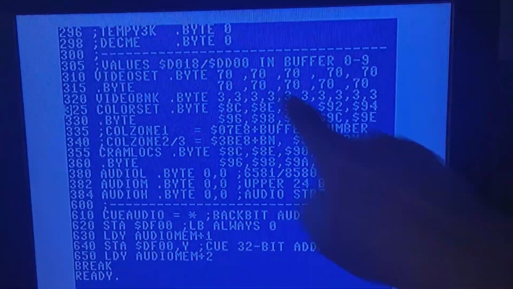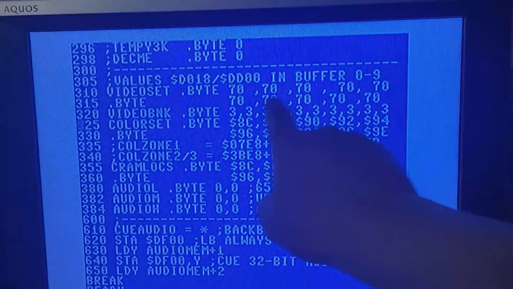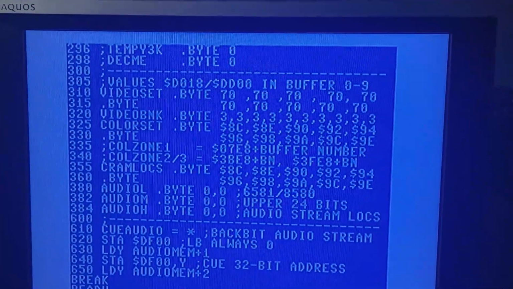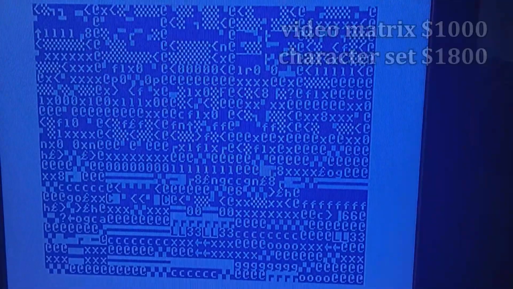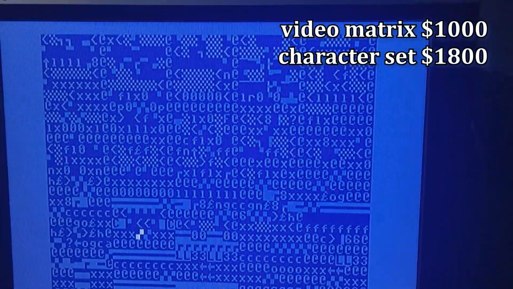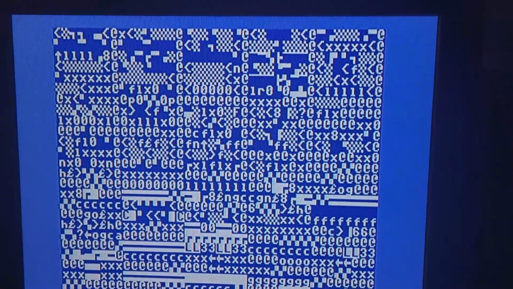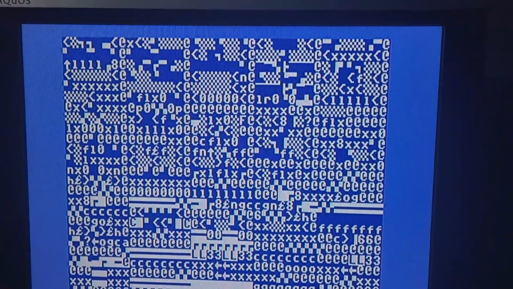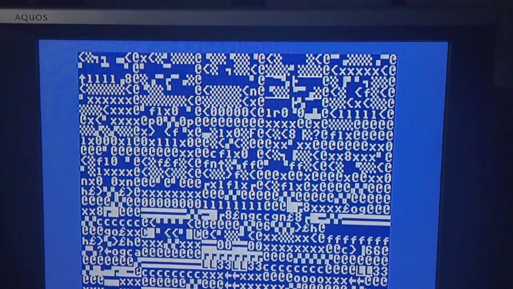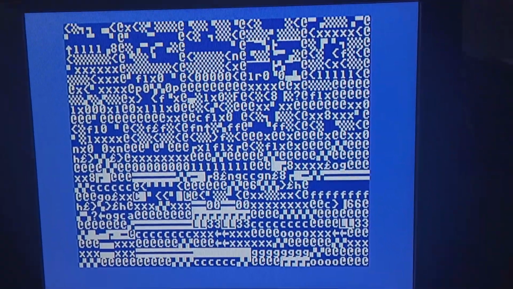For my next trick, all the 53272 values are now this. Obviously in the first video bank, and I'll show you what 53272,70 does. It solidifies the screen as that. And the only thing we're going to see is the color differences. But hey, I can still assemble it in this position. And once it's done, it's going to start flowing.